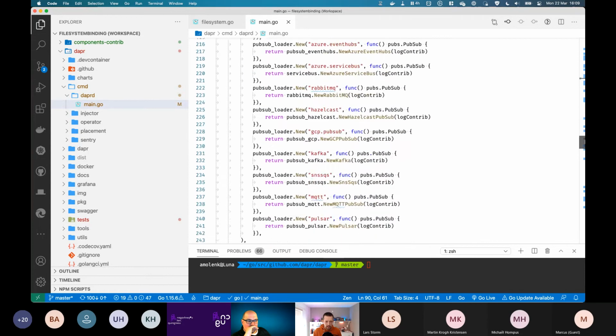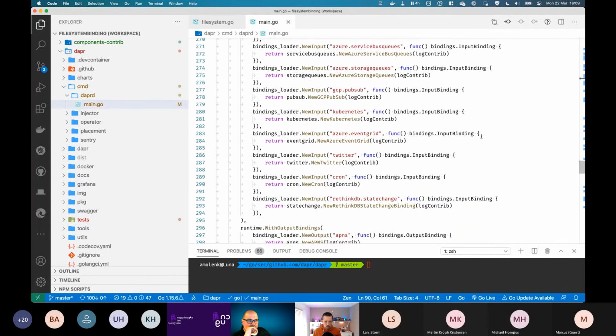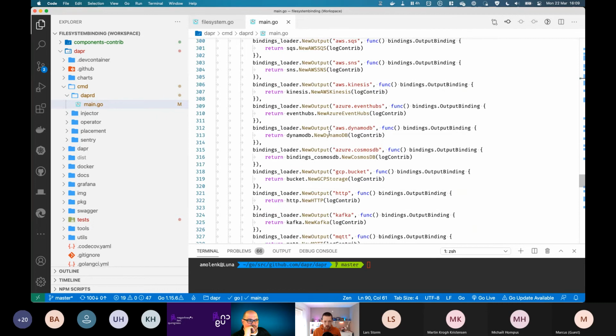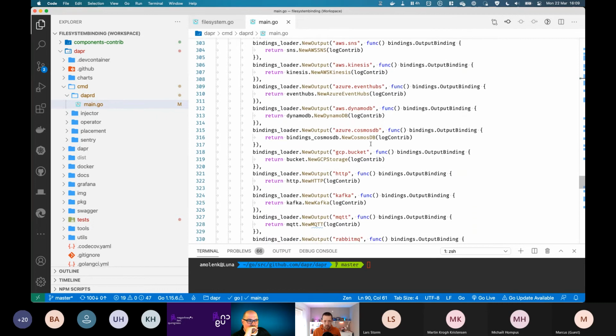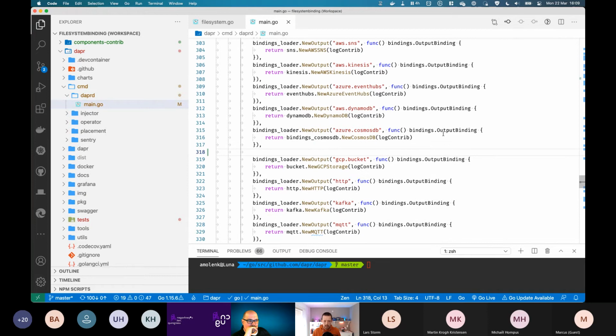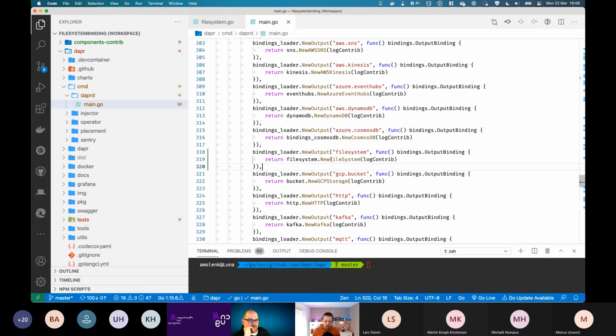Now, there's one other thing I need to do in this file, because you can also see that all these bindings are being instantiated here. So I need to create an instance of my binding and return it. This will just be a little bit of code that simply says, here's my file system binding, and here's the instance that you can use for that. Now, with that set up,